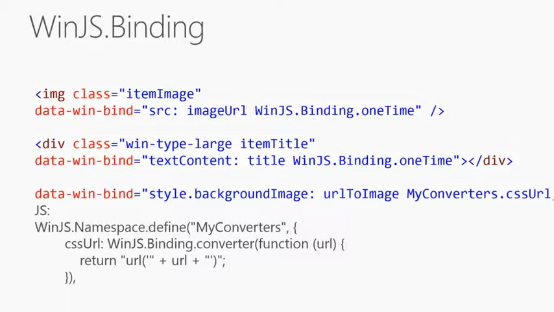This one here, I've got a div, and I've attached the text content to the title element, which I'm going to throw at this template. And you can do very complex things, like you can even bind CSS properties like background image. And we can even use converters. So this is a converter, which just happens to be a JavaScript function. The binding's quite robust, and you can do lots with it, and it's improved a lot in 8.1